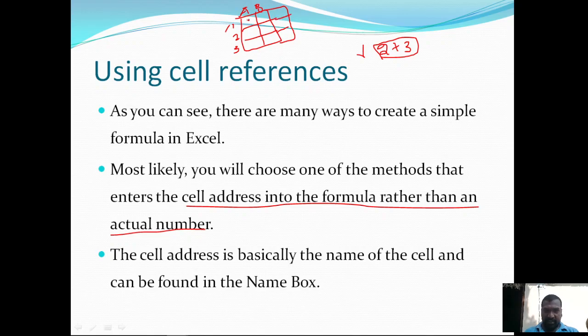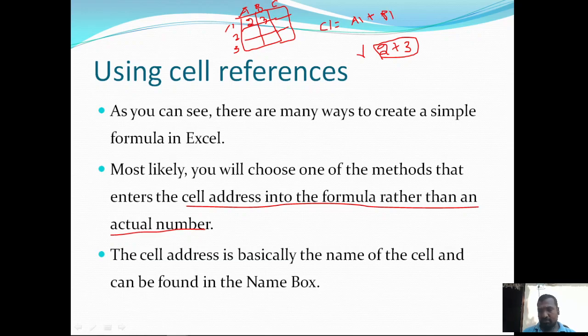For example, in A1 we have 2 and in B1 we have 3, and in C1 I am writing the formula C1 equals A1 plus B1.